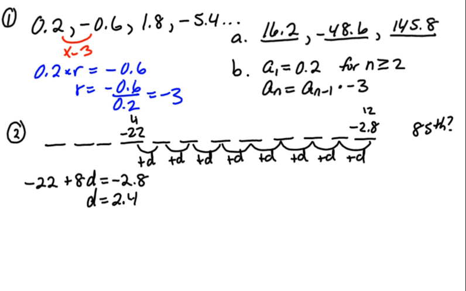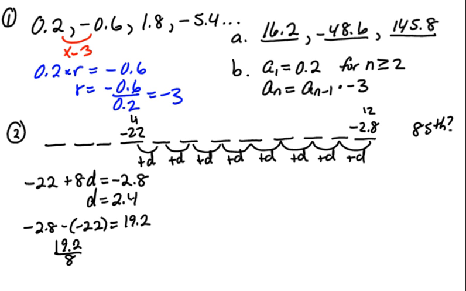So another way you can find d is you could say, what's the difference between -2.8 and -22? So -2.8 minus -22 turns out to be 19.2, and then just 19.2 divided by 8, which of course is the same thing you did when you solved that equation. A third way to do this, so that you don't have to do all three, just whichever way works best for you. A third way is if you happen to remember how to get to the fourth term and the